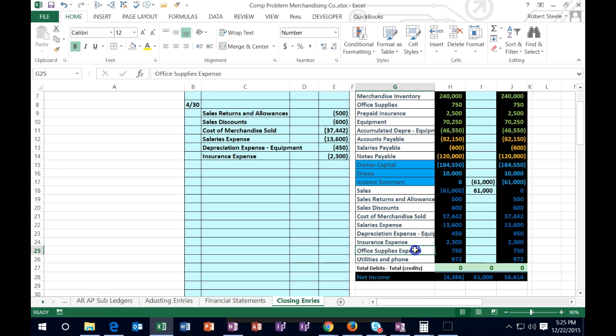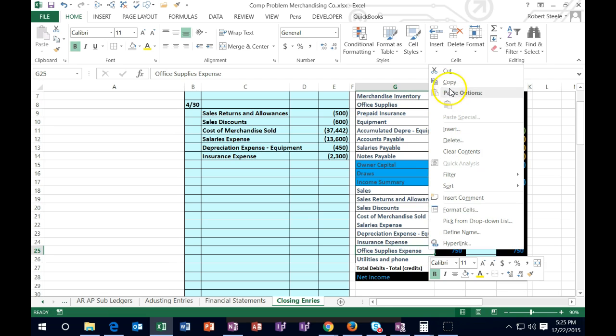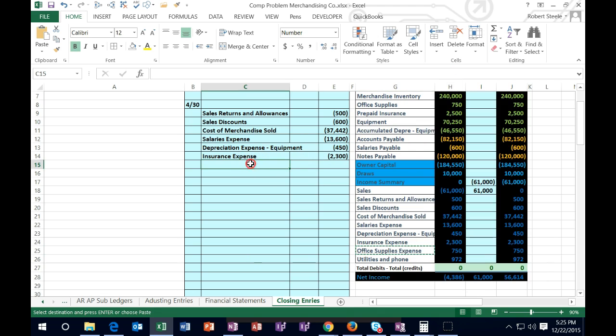And next one, office supplies expense, and that expense needs to go down. It has a debit balance in it, like all expenses do. And we're going to do the opposite thing to it in order to make it go down, which in this case is a credit. So I'm going to copy that, put that in C15, right click, paste, 123, another negative,